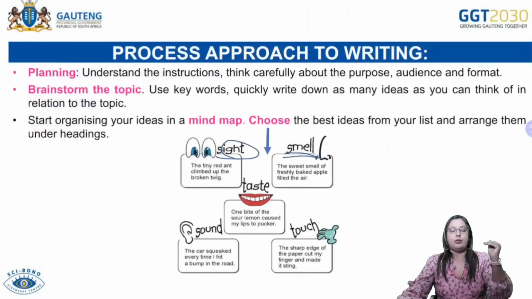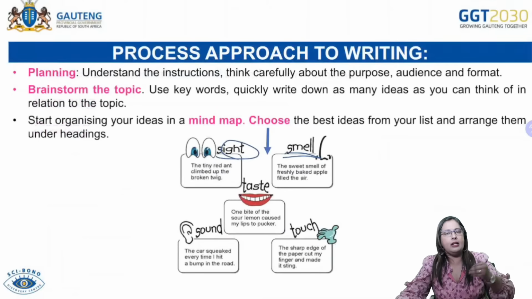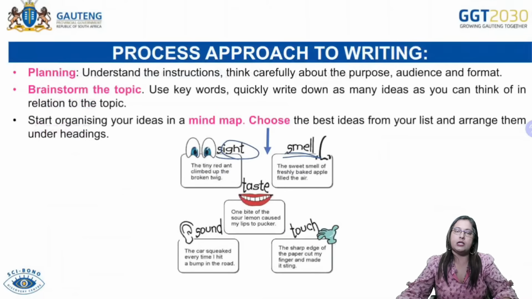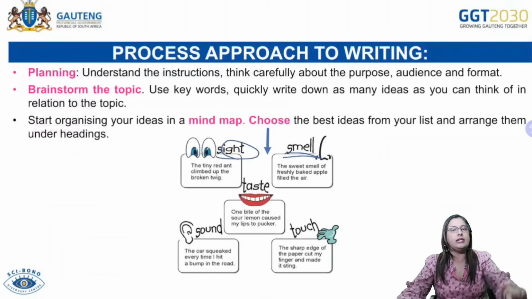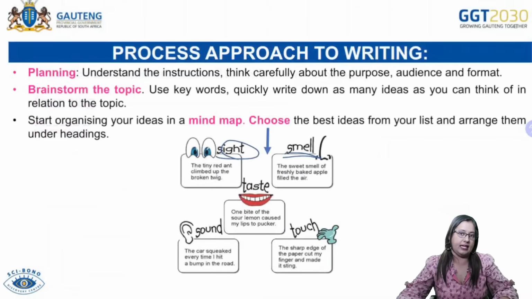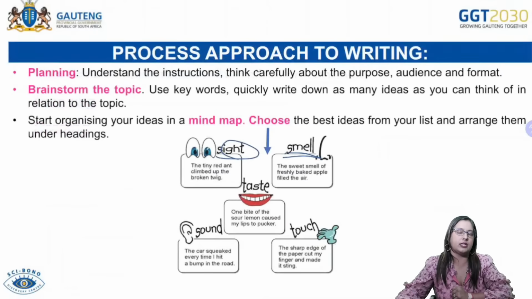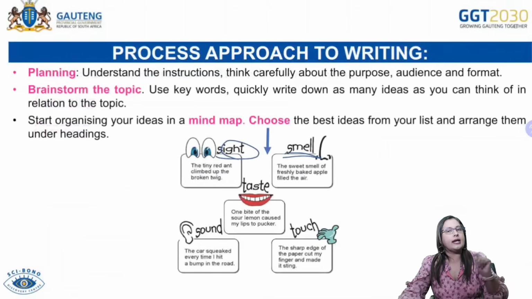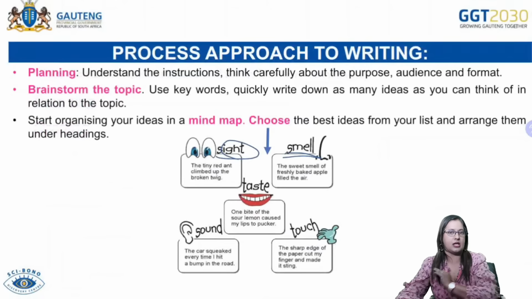All right. So planning, I did say to you, please, is very important. So while you're planning this particular paper, you need to firstly, grade 12s, take that 10-minute reading time, read all your instructions very carefully, all right? And then browse over the topics that you have been given, and then try and see which one of the topics you are very comfortable with for you to look at writing your essay for, all right? And the same thing with the transactionals.